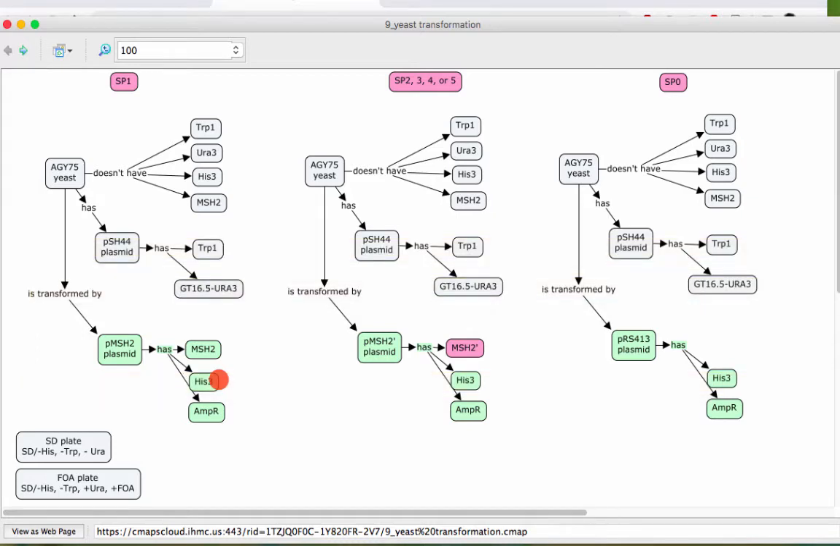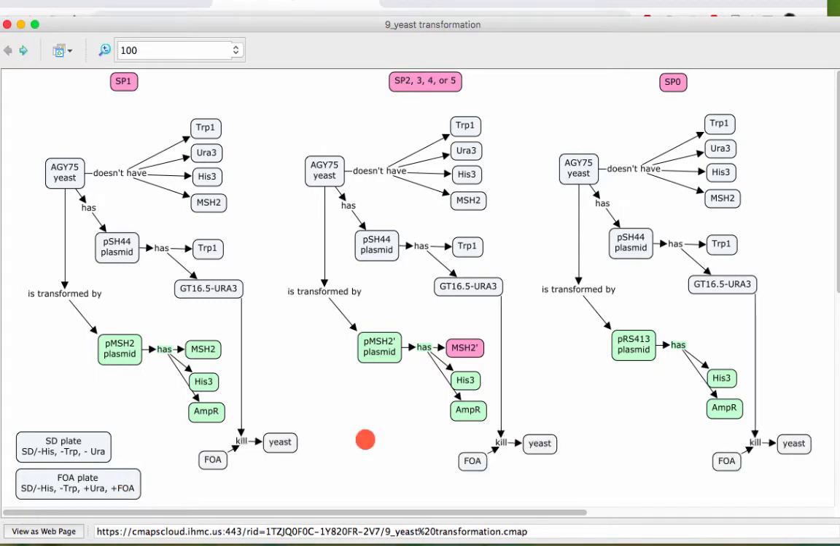So the SD plate is also a control plate for this experiment to ensure that we have plated roughly the same amount of yeast on all the plates. So now let's look at the growth behavior on the FOA plate. The difference here is uracil is provided in the FOA plate, and the FOA plate, of course, includes this chemical